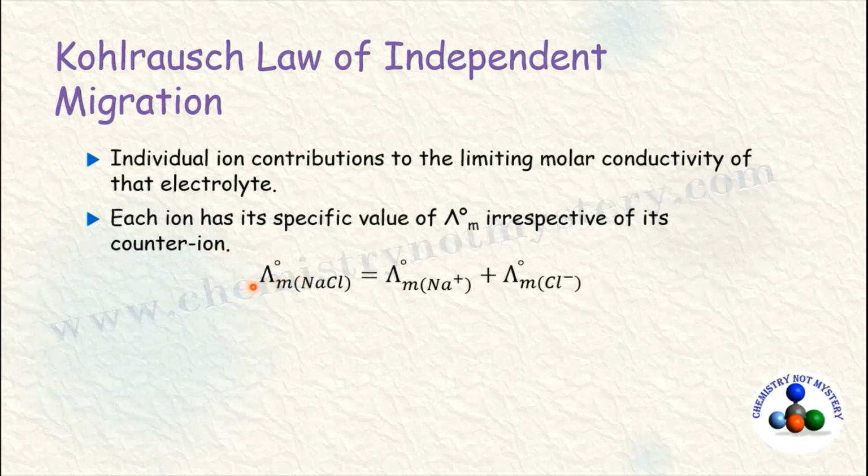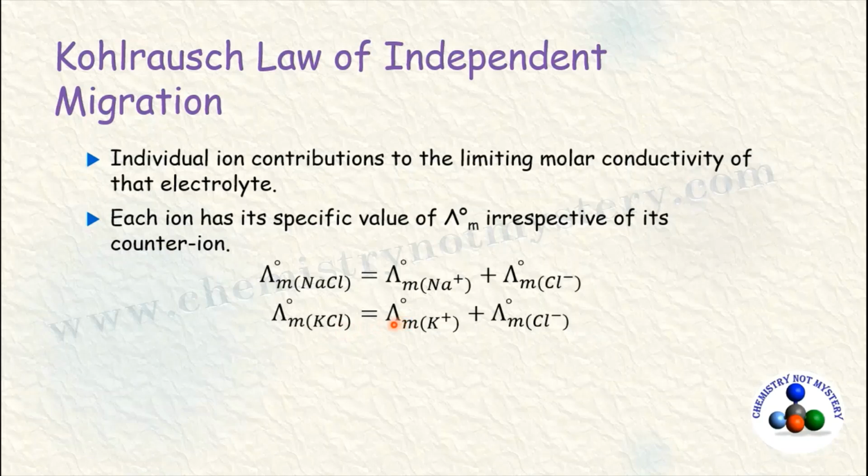For example, this is the limiting molar conductivity for NaCl. It is the sum of limiting molar conductivity of Na plus ion and limiting molar conductivity of Cl minus ion. And this is the limiting molar conductivity of KCl. It is the sum of limiting molar conductivity of K plus ion and limiting molar conductivity of Cl negative ion. In both the equations, Cl negative ion is the